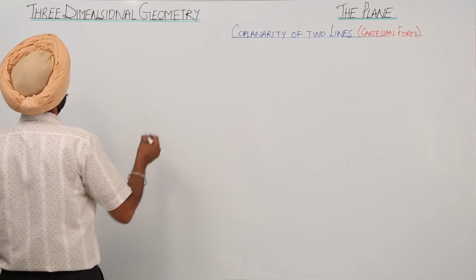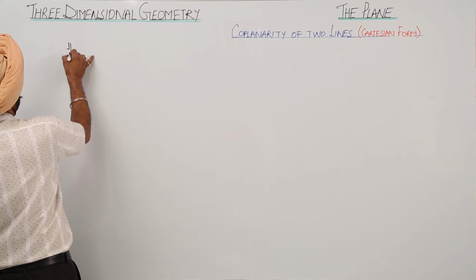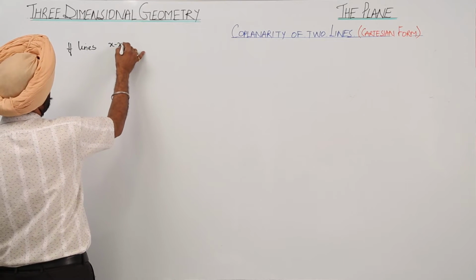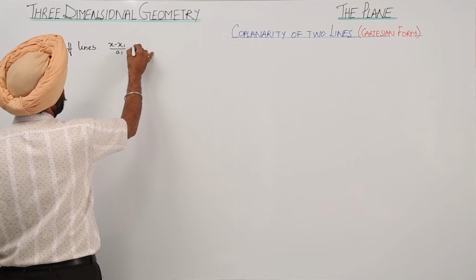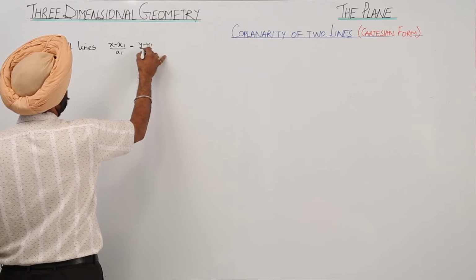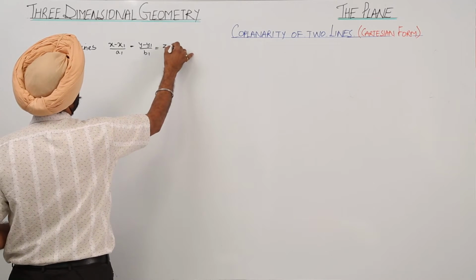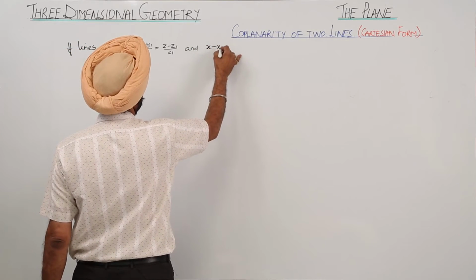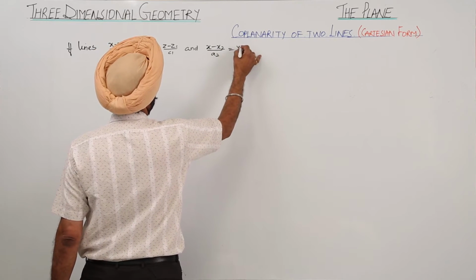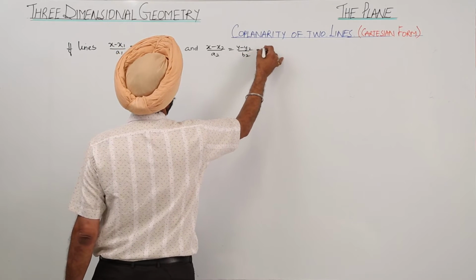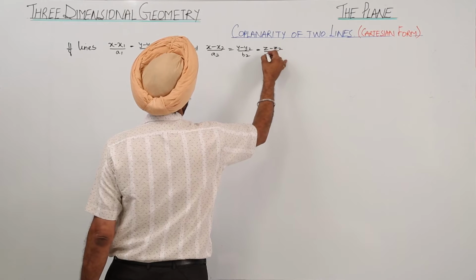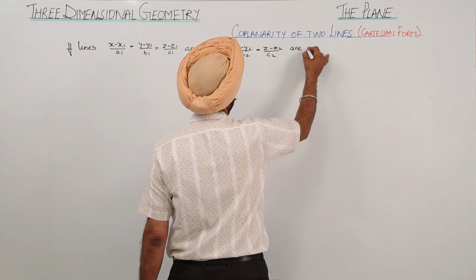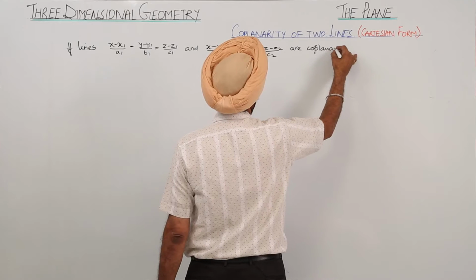Now, if the lines (x minus x1)/a1 = (y minus y1)/b1 = (z minus z1)/c1 and (x minus x2)/a2 = (y minus y2)/b2 = (z minus z2)/c2 are coplanar, then